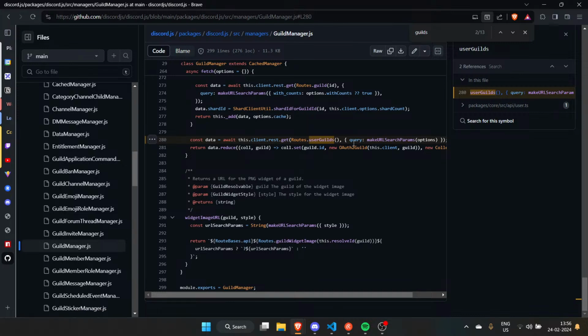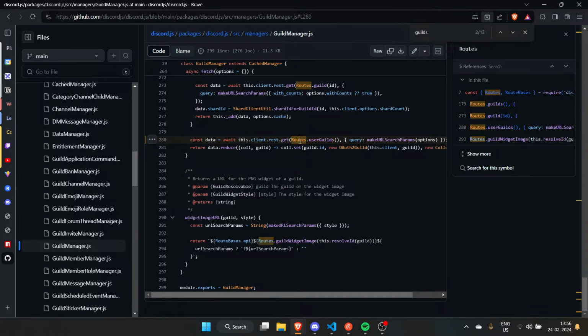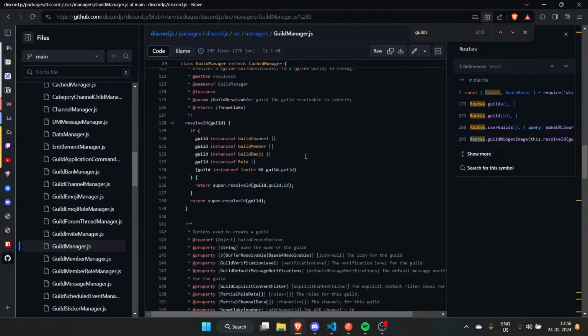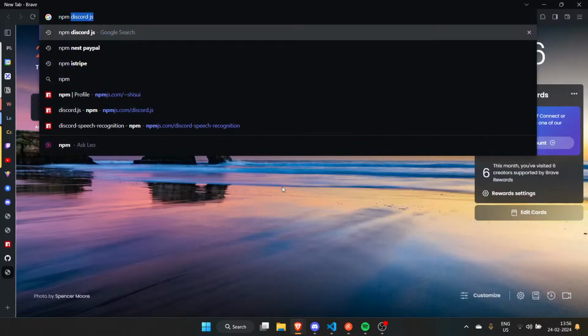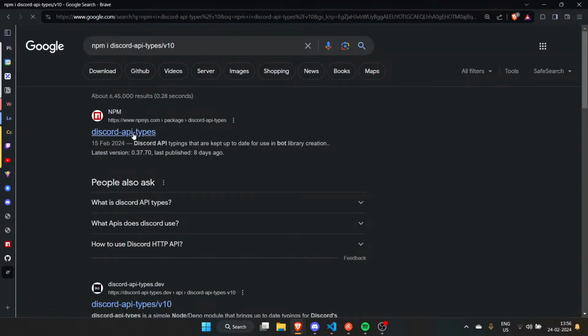Let's look into that. What is routes? Okay, let's find where you are importing that from. Now let's search that and steal the route.